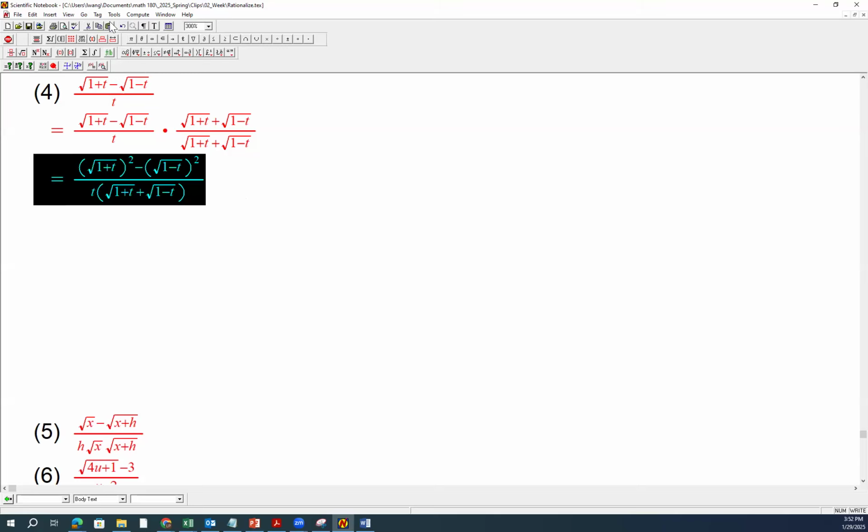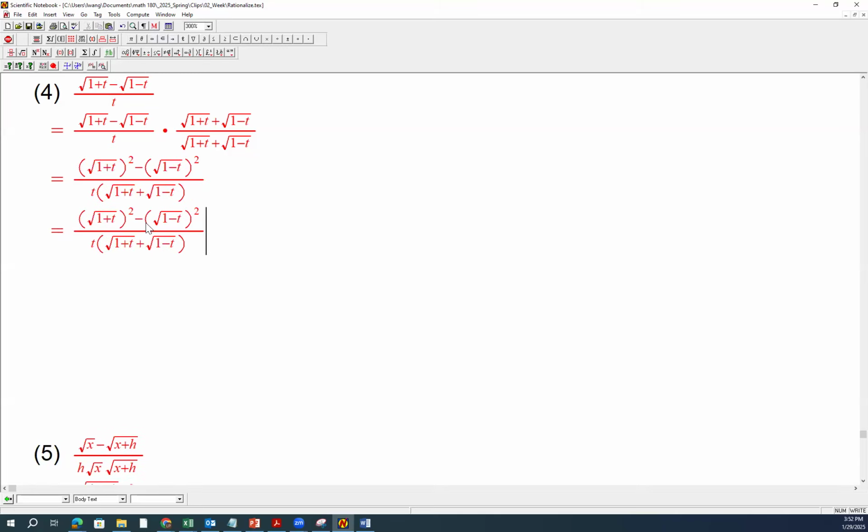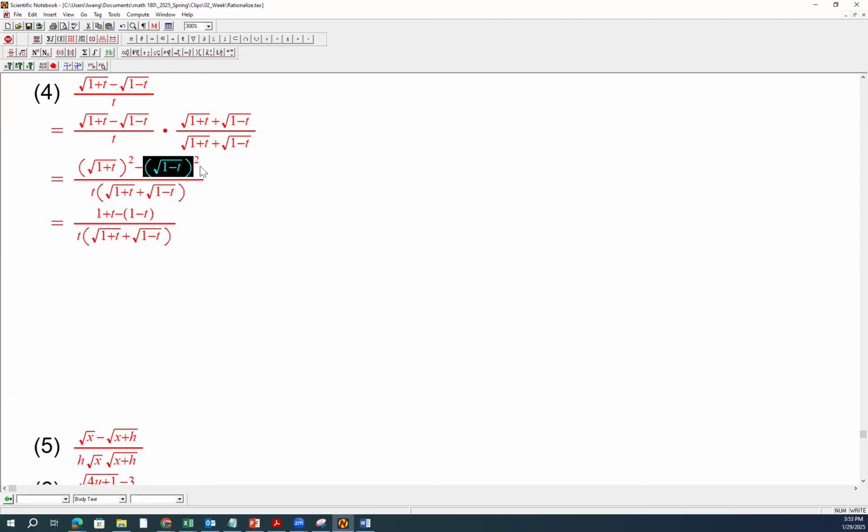Okay. And next step, this will make 1 plus t, and this one will make 1 minus t. But be very careful. We actually need parentheses here. If you miss these parentheses, you are going to make, I would say, a minor mistake. It's not a terrible mistake, but it is a minor mistake. This minor mistake will have a consequence. So here, make sure you have the parentheses, or if you drop the parentheses, you can skip to the next step